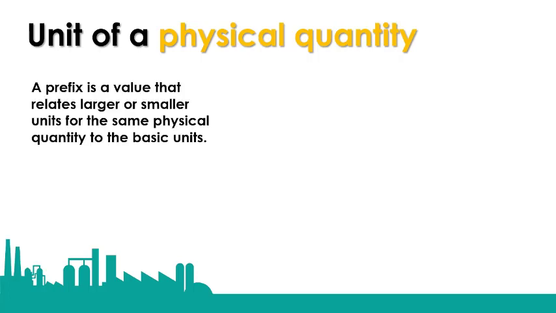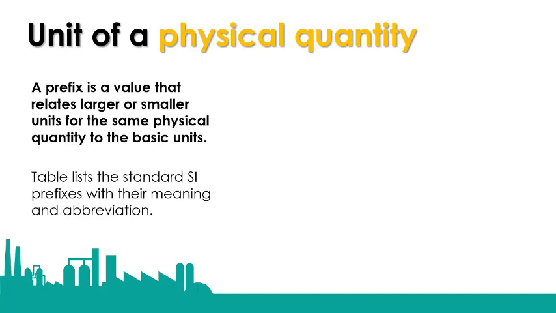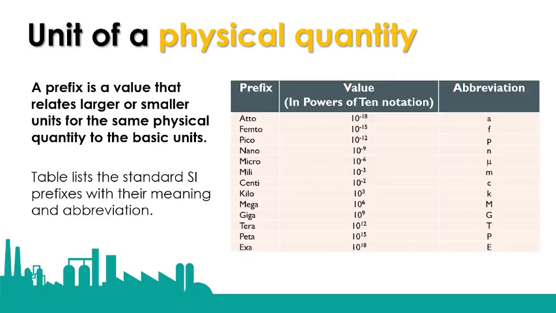In relation to SI units, prefixes are helpful for expressing units of very large or extremely small physical quantities. From the tables given, we can see the SI prefix, their values and abbreviations. Each prefix represents a specific number, and that number can be expressed using a power of 10. For example,